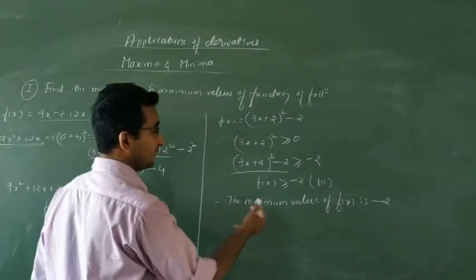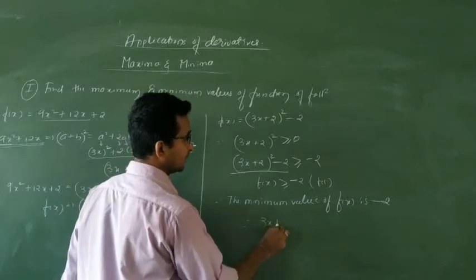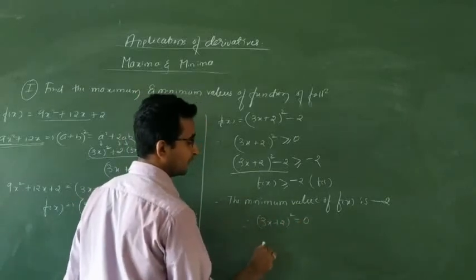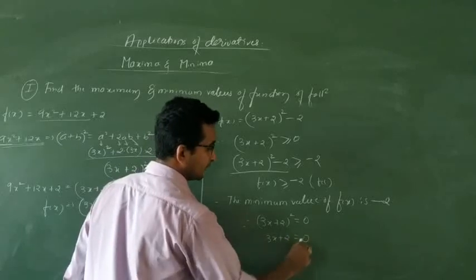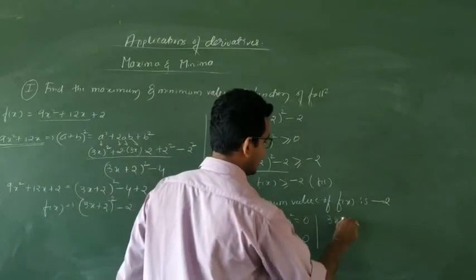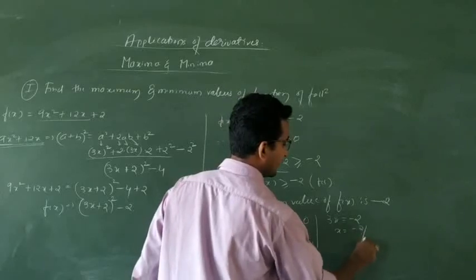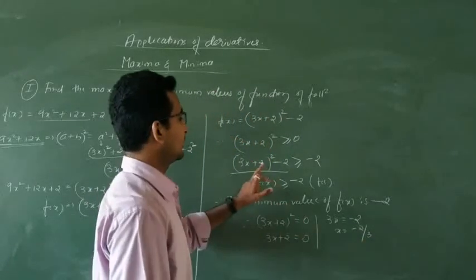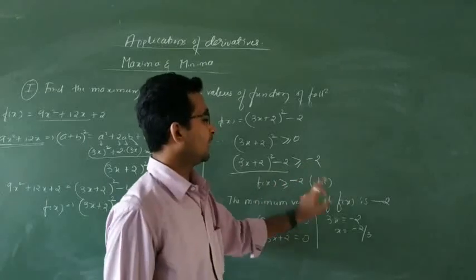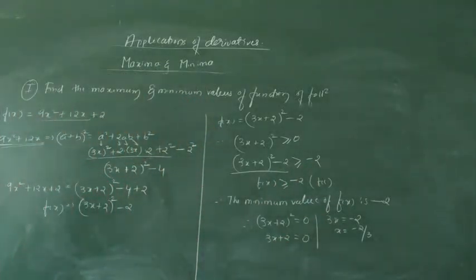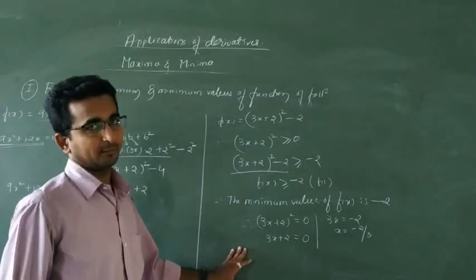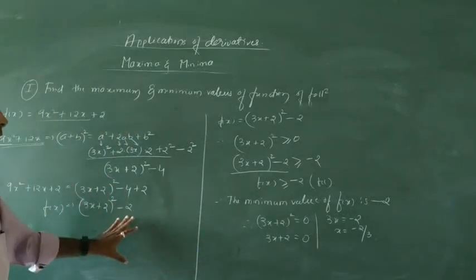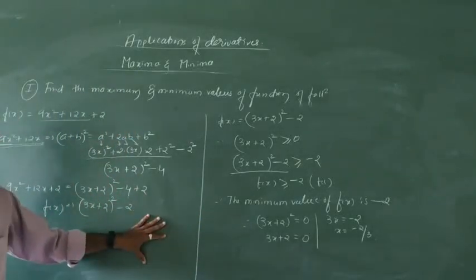Minus 2. When do we get minus 2 for this function? Take 3x plus 2 whole square equal to 0, then 3x plus 2 is equal to 0, then 3x is equal to minus 2, then x is equal to minus 2 by 3. When you substitute x as minus 2 by 3 in this function, you get minus 2. So this is how we solve for the maximum and the minimum values of the function. The remaining examples will be continued in the next class. Okay, so by pausing the video, you have to note down the notes. If you did not get the concept,